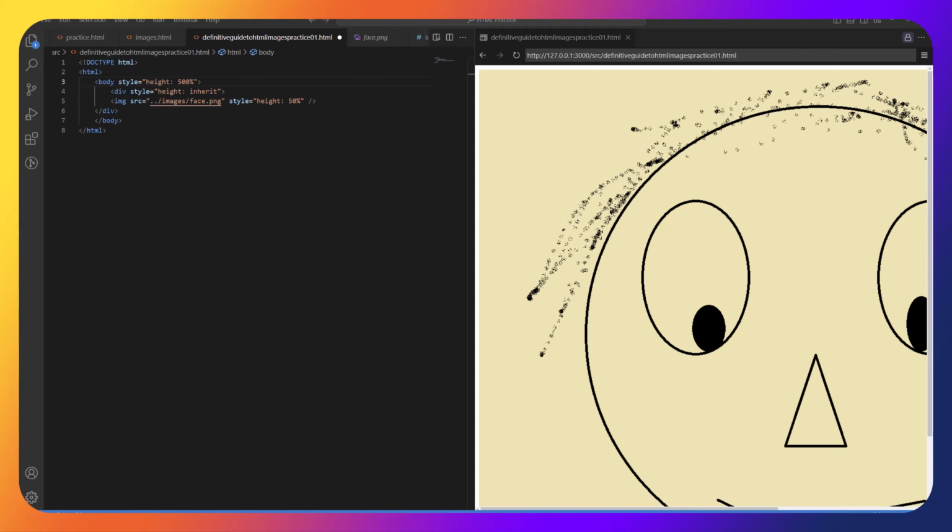So what it's going to do is fall back on the size of the image itself. That is why it totally ignores the height value that is coming in the form of percent,